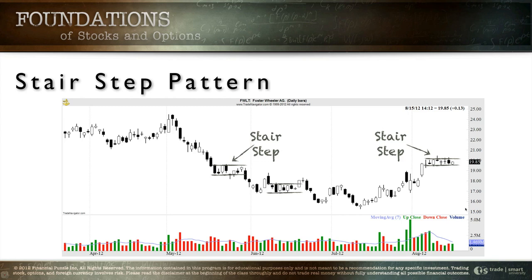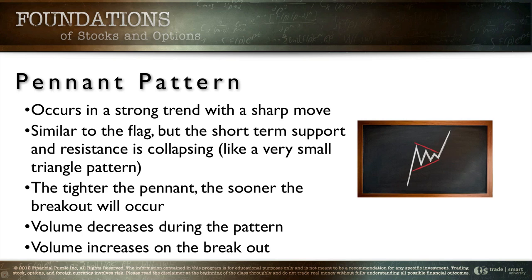Now, the next pattern we're going to talk about is the final one. It's kind of the three patterns work together. This is called the pennant. They're all variations of the flag pattern. This is going to occur in a strong trend with a sharp move, similar to the flag, but it's going to have a short-term support and resistance that are collapsing, very much like a small triangle. So you can look at this picture here. You see we're running up very sharply. We got the collapsing, or maybe converging would be a better term, little lines there,